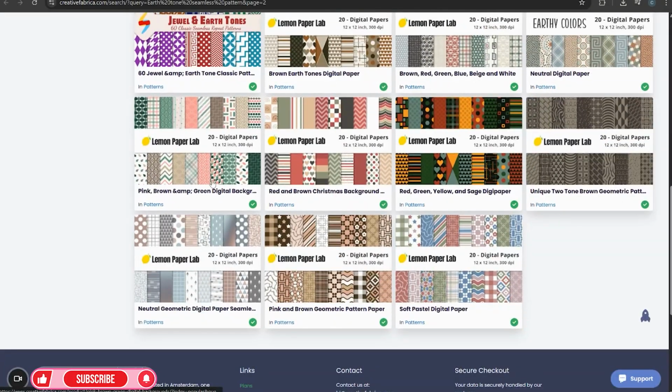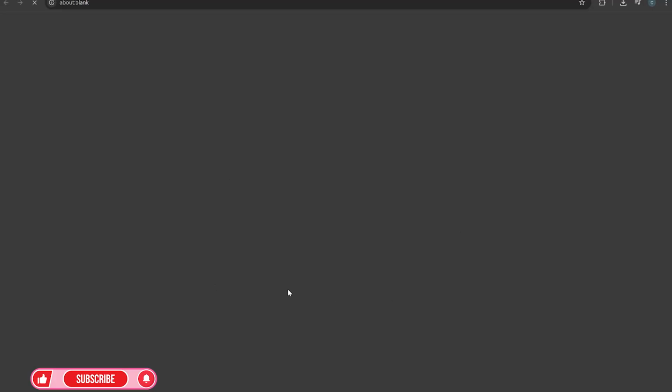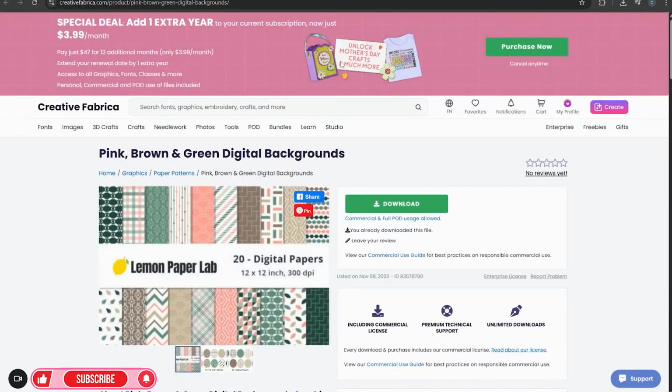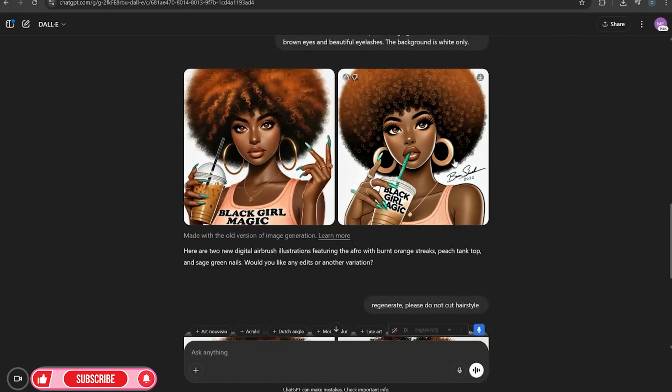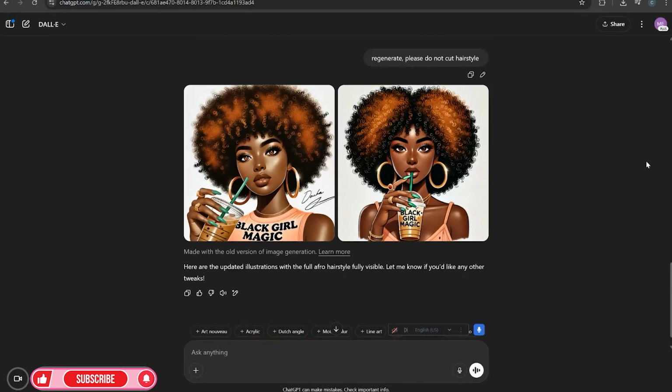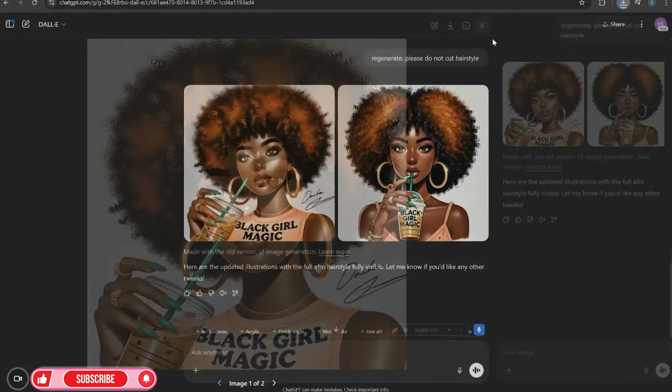I already downloaded the paper ahead of time for purposes of this video. This is the paper here. So that's the paper that we're going to use. This here is lemon paper, but I'm going to show you how you can use this paper to create your own as well. So let's go back to see the new illustration. Okay, cool. I like this one here. So we'll use this